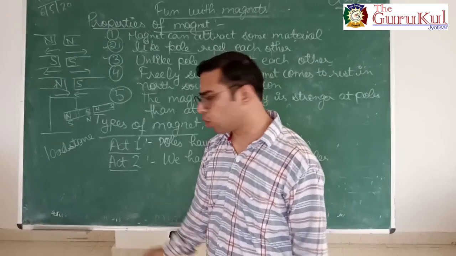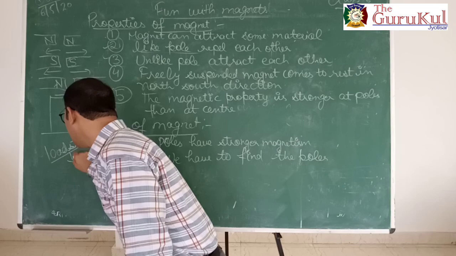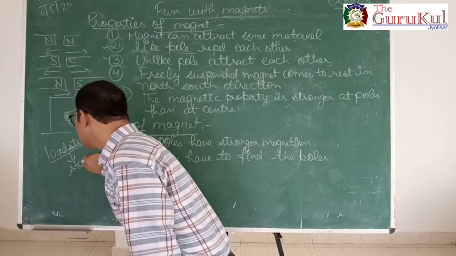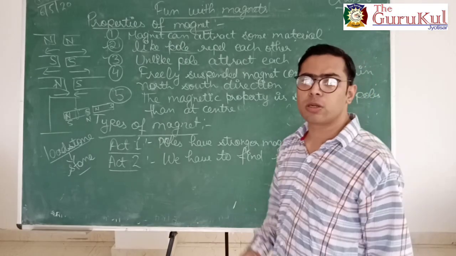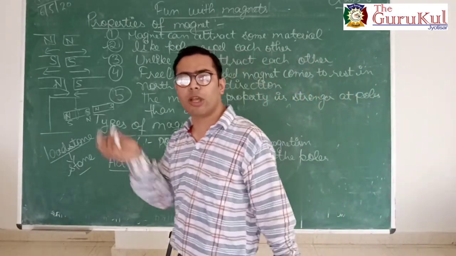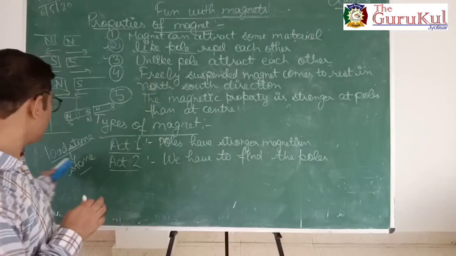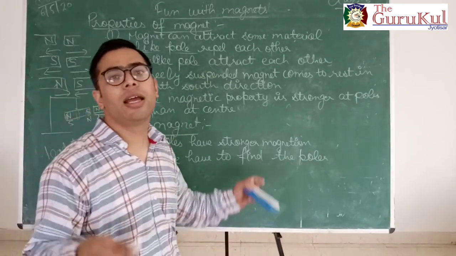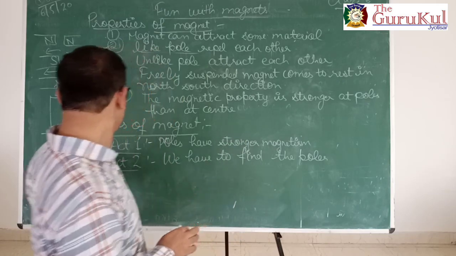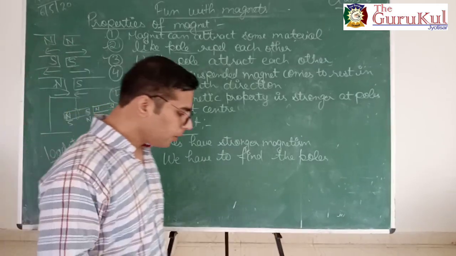What is lodestone? Lodestone is a type of stone which was used by sailors a long time back to find out direction while they were moving in the sea. So this is known as a lodestone, or you can say lead stone. That's why its name is there. Now after that